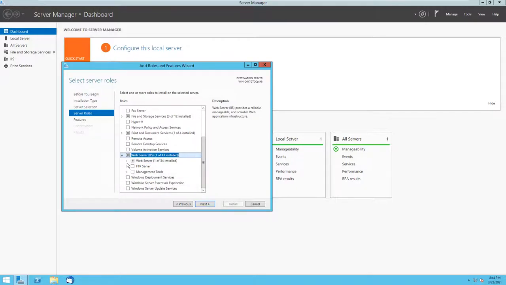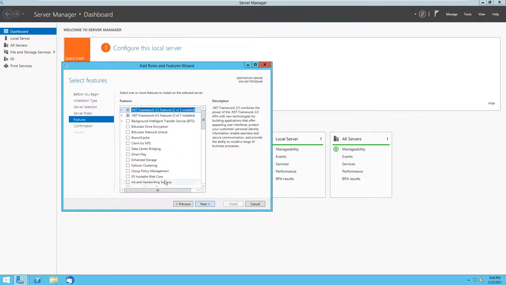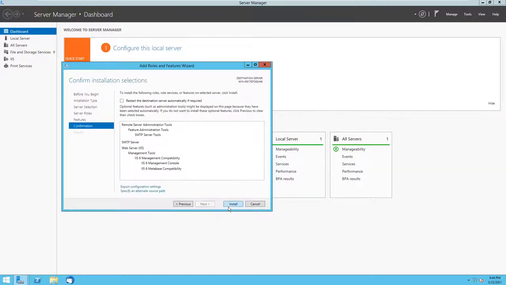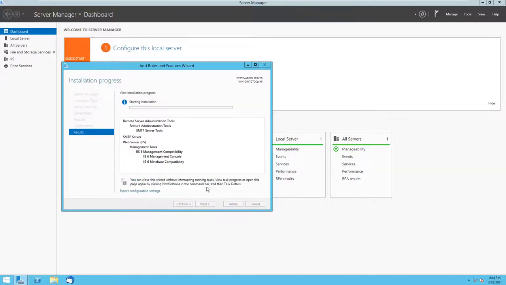In the Web Server portion, go to Management Console and IIS 6 Management Compatibility. Next, and select SMTP Server. Add features. Next, install. Installation will take some time.